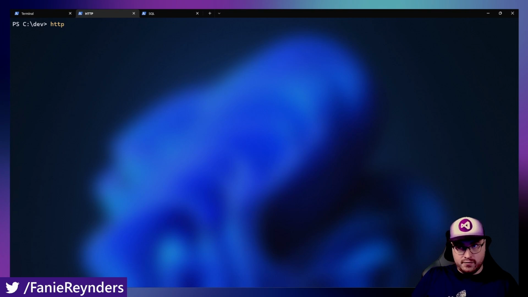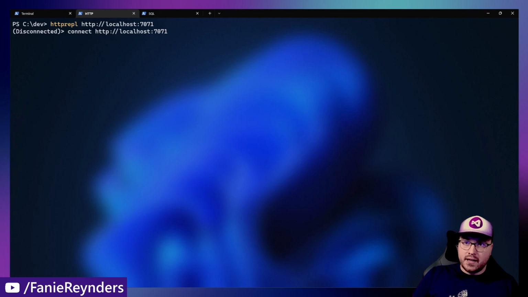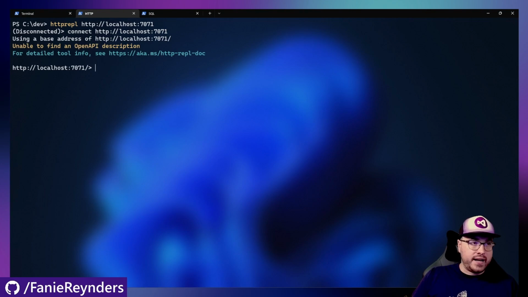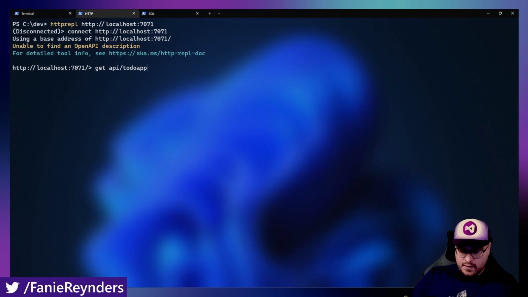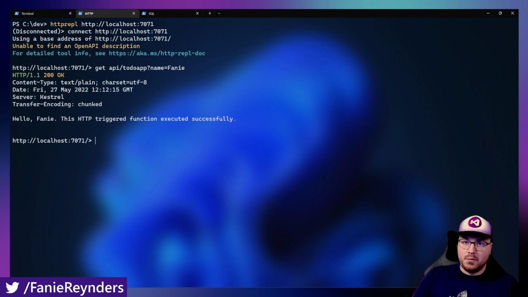Let's call out to that function to show you how it works. httprepl, and it's http://localhost:7071. In a sec, it will connect to that endpoint. And like it says, it cannot find any OpenAPI specification, so it will just attempt to connect and execute any command you throw at it. Now, the command we want to do is get, it's api and it's to-do app. I believe that it expects a name, right? So here we say hello, Fani,